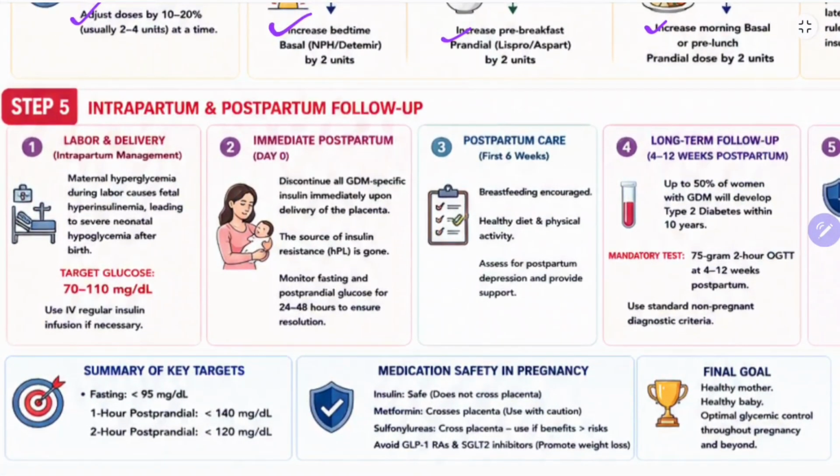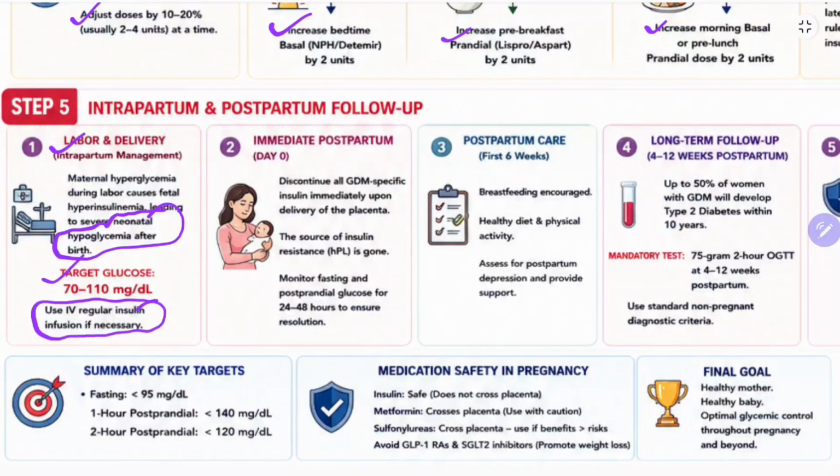Now intrapartum and postpartum follow-up. During labor and delivery, maternal hyperglycemia causes fetal hyperinsulinemia, leading to severe neonatal hypoglycemia after birth. That's why during labor or delivery, the target should be 70 to 110 milligram per deciliter. Because it is a critical time, you should use IV regular insulin infusion. If there is hyperglycemia during labor, then because of fetal hyperinsulinemia, the delivered baby can have